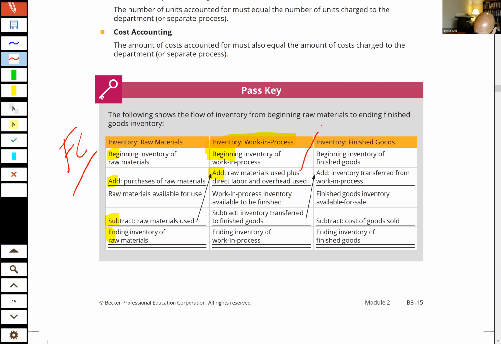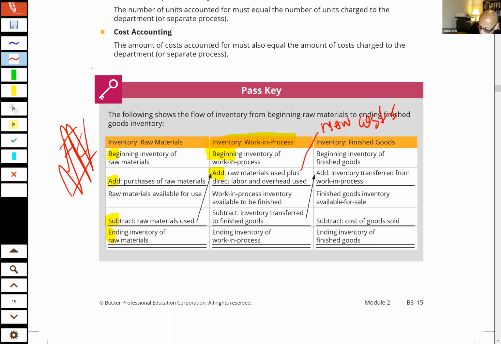That's my manufacturing cost. I'm just going to abbreviate that, man cost. Okay, manufacturing cost: raw materials, direct labor, overhead. Then what? Then I have my work in process available, subtract the ending. Oh no, they didn't do it in BASE order, did they? So maybe this isn't as good as I thought it was. When I looked at it earlier, guys, I thought they went in BASE order. So don't flashcard this. Remember the BASE. This doesn't go in BASE order.